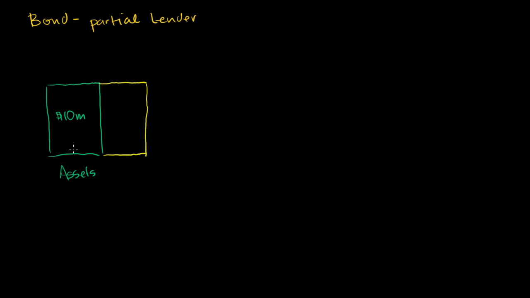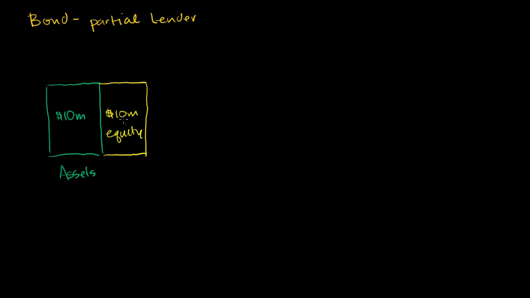to a company. And just to make that more concrete, let's imagine some type of company that has $10 million in assets. So these are its assets right there. And let's say, just for the sake of simplicity, it has no liabilities. So all of that value, all of that $10 million, is what is owned by the owners, or by the equity, the owner's equity. So this is $10 million in equity.